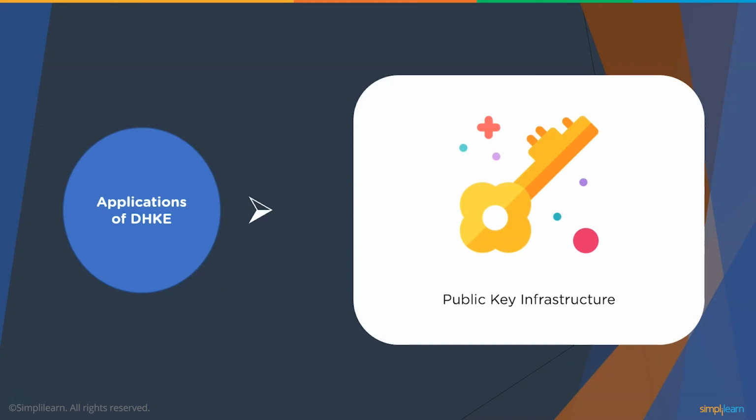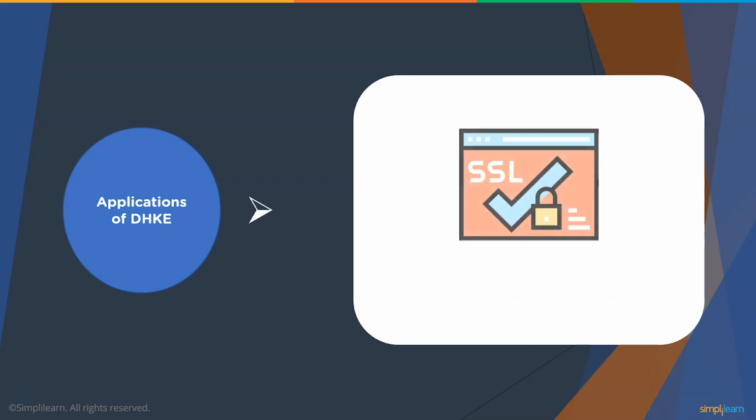The public key infrastructure, or PKI, is a set of tools and rules to enforce public key cryptography with multiple entities. It governs the issuance of digital certificates around the internet to maintain data confidentiality. Our internet browsers are authenticated with website servers using an SSL or TLS certificate and many encryption keys in between. This is only possible due to the Diffie-Hellman key exchange algorithm, which enables the secure exchange of cryptographic entities over all channels.